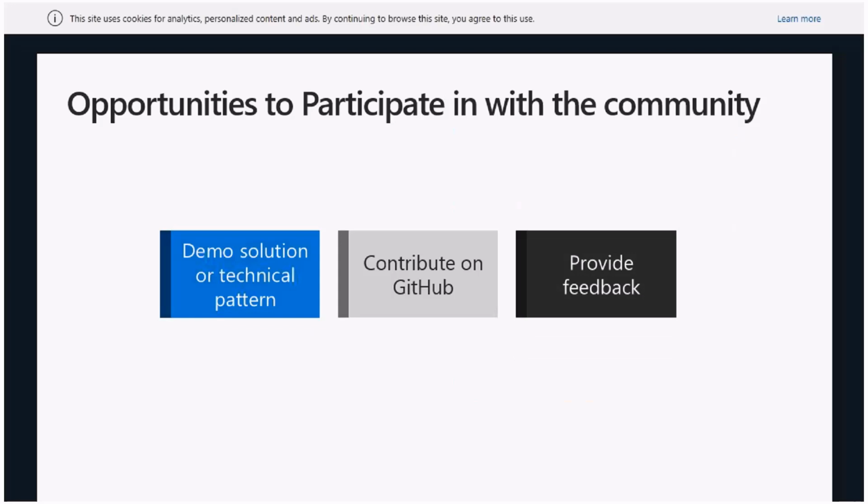So opportunities to participate in this community. In the SharePoint General Development Special Interest Group site, if you're interested, we're more than willing to give you a position in these calls. So if you're building something around provisioning or automation or APIs, or you want to demonstrate your solution, we are more than happy to give you the spot in this call, and you can demonstrate your solution which is